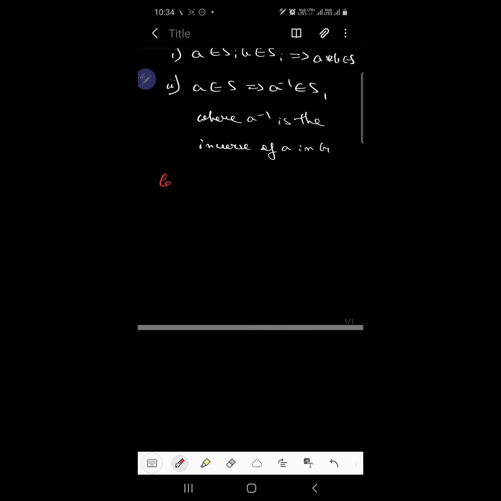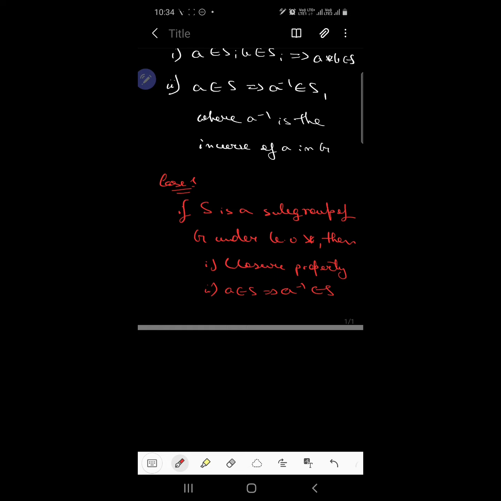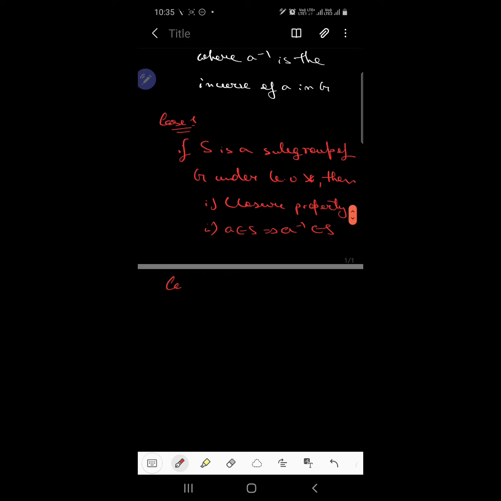First thing we need to show is that if S is a subgroup of G under binary operation star, then one is your closure property, that is A belongs to S, B belongs to S implies A star B belongs to S, and second is A belonging to S implies A inverse belonging to S, where A inverse is the inverse of A in G. Okay, and the second case will be